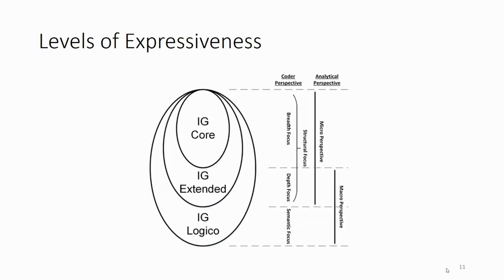So now turning to the levels of expressiveness for constitutive statements, we of course see correspondence to the level association that's introduced for regulatory statements specifically. For IG Core, we assumed ontological consistency and the removal of any possible ambiguity with respect to association as a key criterion, whereas IG Extended seeks detailed, fine-grained modeling by decomposing selected components specifically, and Logico, of course, puts a semantic twist, or lens rather, on the institutional statements as encoded.